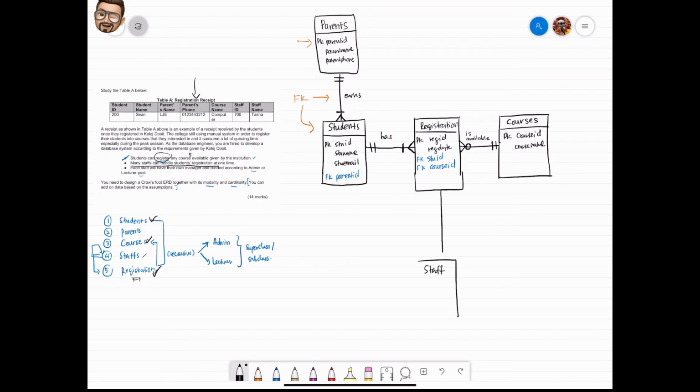Okay, so if we take a look here, one staff will handle many registrations. So if you are a staff, the foreign key should be staff ID. And what else do we have? Staff name. Maybe you have the staff salary and so forth. Let's say we put only three over here. So one staff will handle